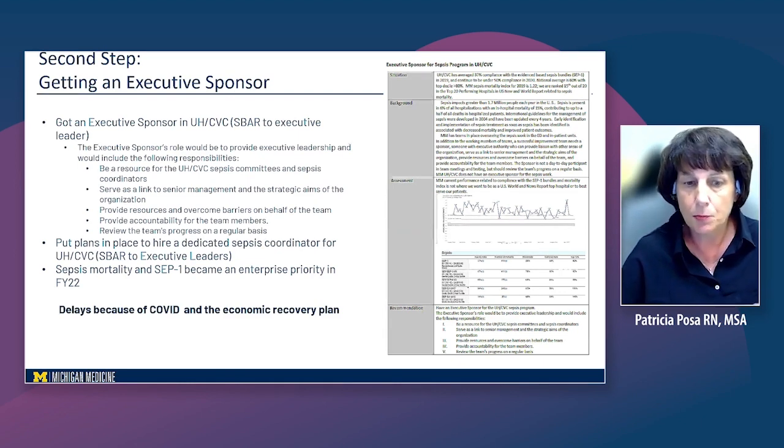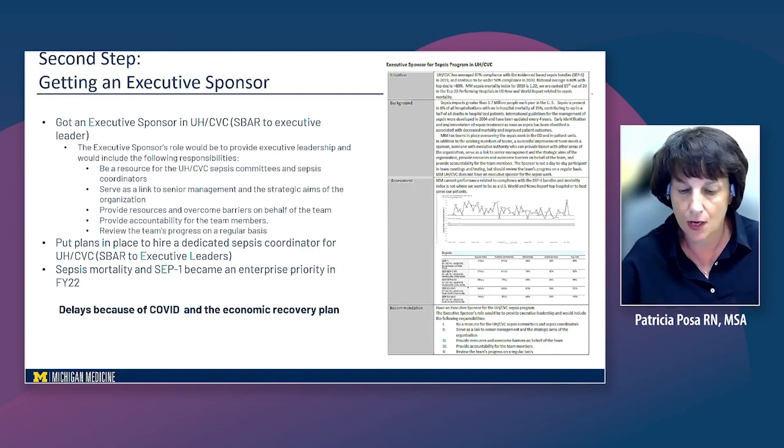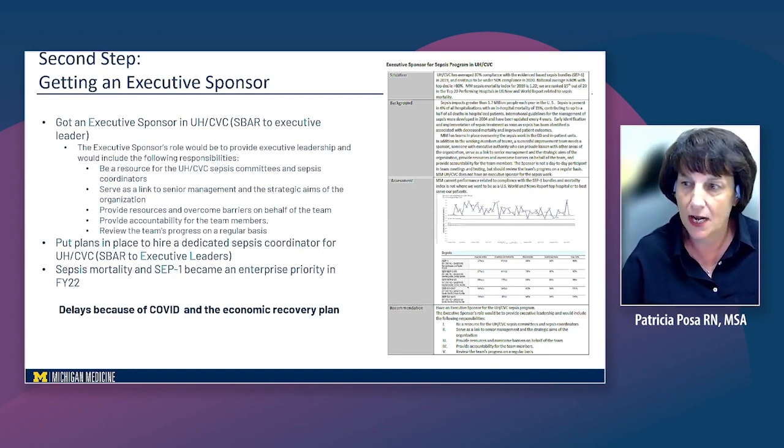And as part of our journey in HRO, as we made requests to executive teams, we needed to place those requests into an SBAR. And you can see that displayed on the right side of the screen. It outlined what our situation was, which is similar to the information, the why, as well as the background and our assessment of where we're at, as well as our ask or our recommendation. And in the recommendation, it outlines the role of the executive sponsor.